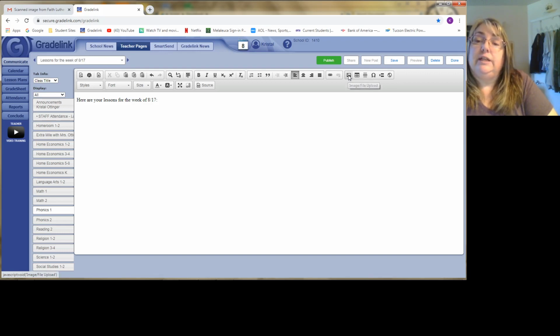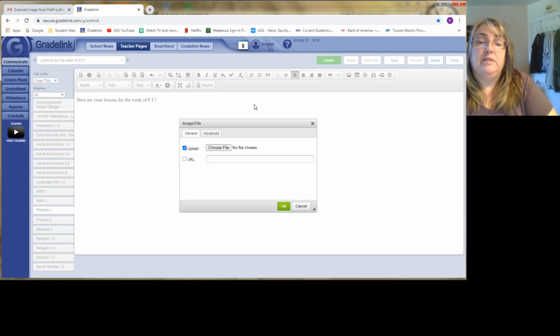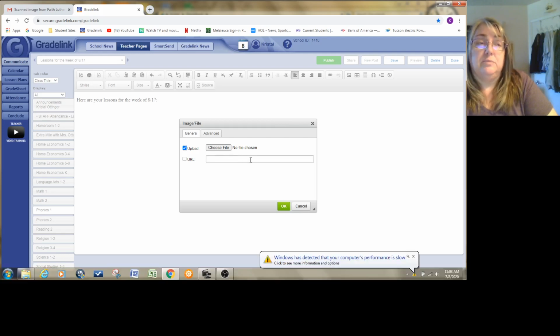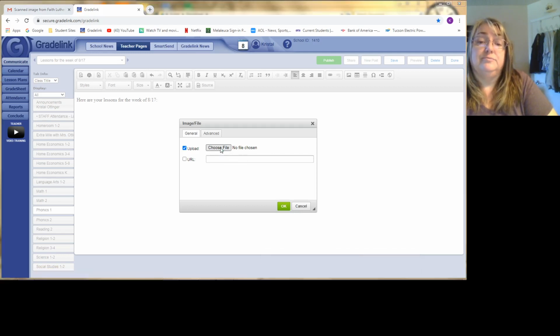Okay, so you click on that, and it's going to open this image file window. If you know your URL for this, you can type it in, but if you're like me, you don't know what the URLs are, you just know where you put the file. So you're going to want to go to Choose File,